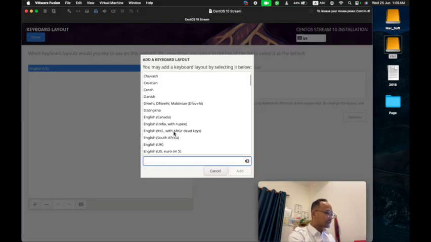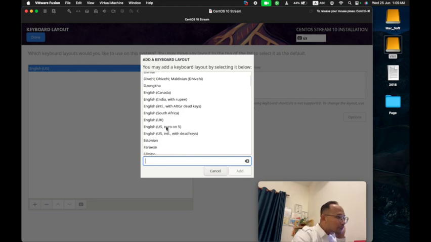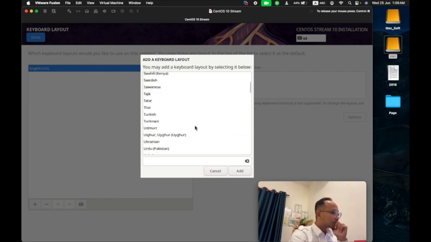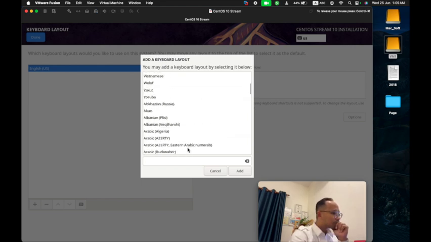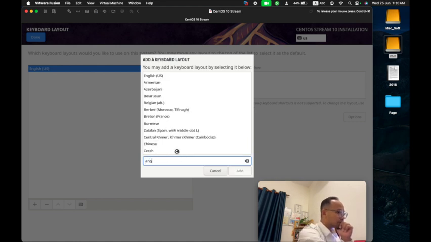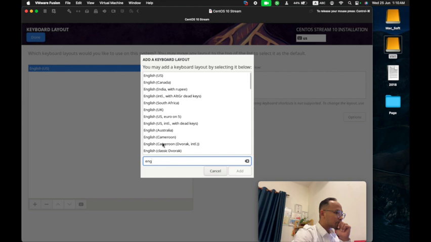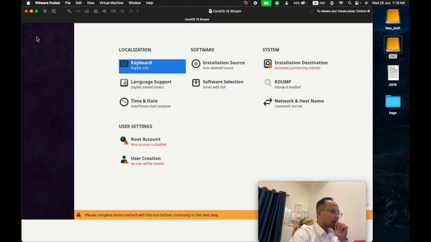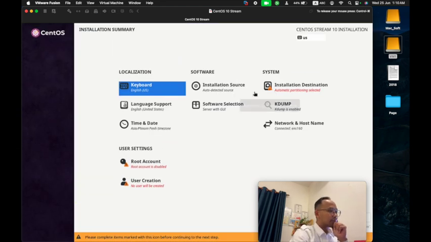I will uncheck UEFI to use legacy. Then we start boot again. I think it works now. So the problem was that this virtual machine does not support the UEFI BIOS, so we need to change it to legacy BIOS.